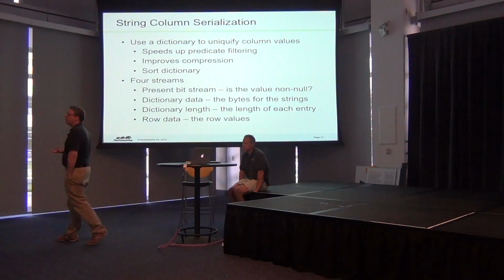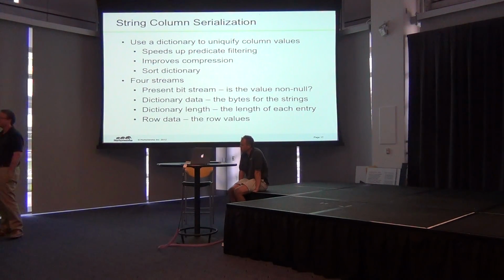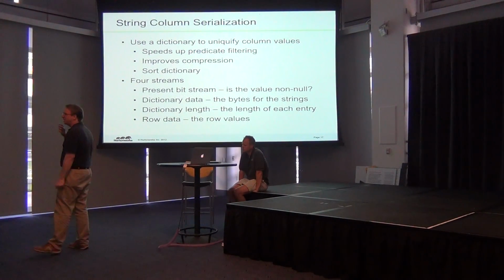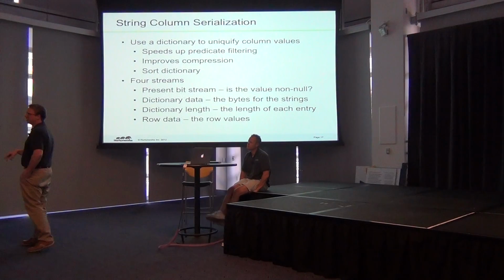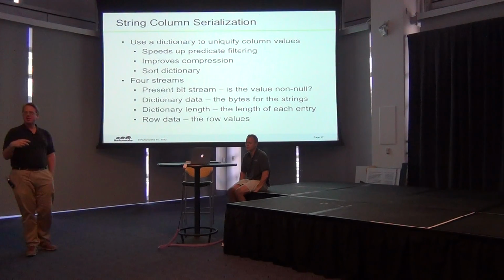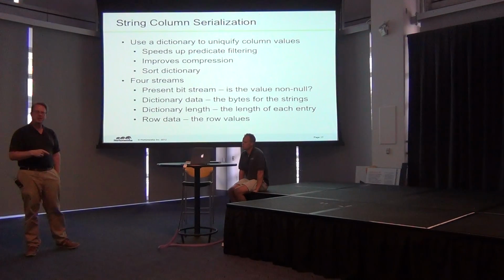Okay, now one of the things that we noticed in reading the research papers is that often we've got low cardinality columns for strings. You have something like a state where there's only 50 values, but you still have a couple of bytes for each of those strings, and that's a waste. And so what ORC does is it keeps a dictionary of the values you've seen for that column, and then the data consists of an index into that dictionary, so that you'll have each state once, and then you'll just have an integer from 0 to 49 indexing into that dictionary.